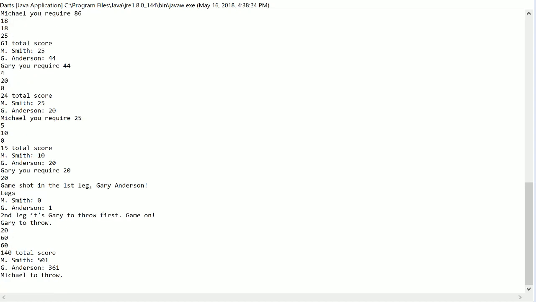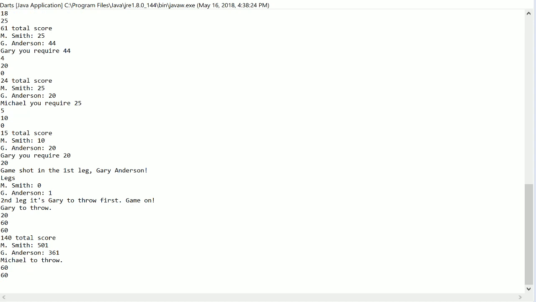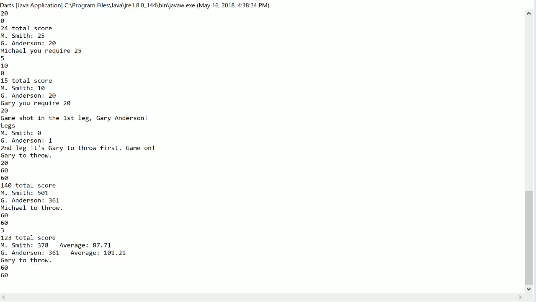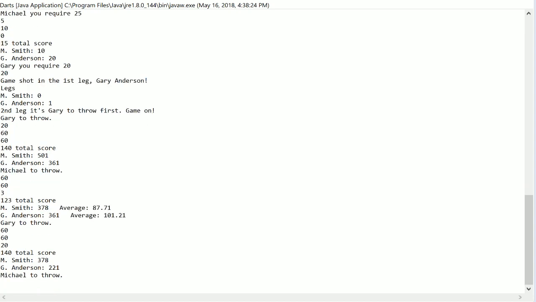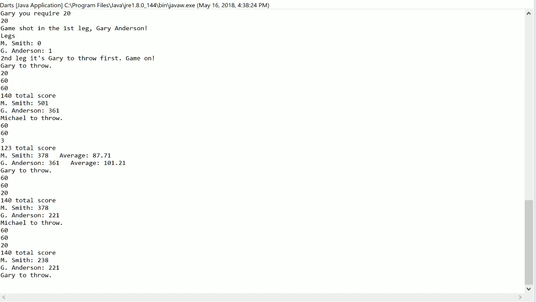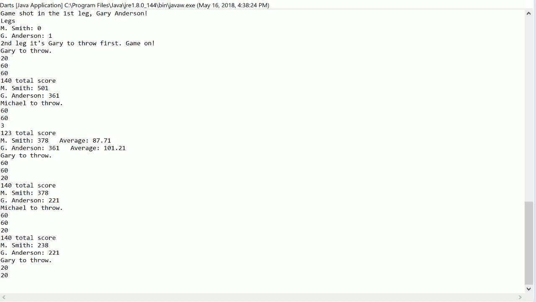And he comes back with a ton 40 to well defend his throw. Michael Smith now coming back. And he's going to bring up, almost a 180, only a 123 though. You can see the averages there on the side. Gary Anderson off to a great start and going with another ton 40. Michael Smith way behind in this leg. Well, 140 keeps him at least interested, but Gary can still get to a finish if he just stays straight,